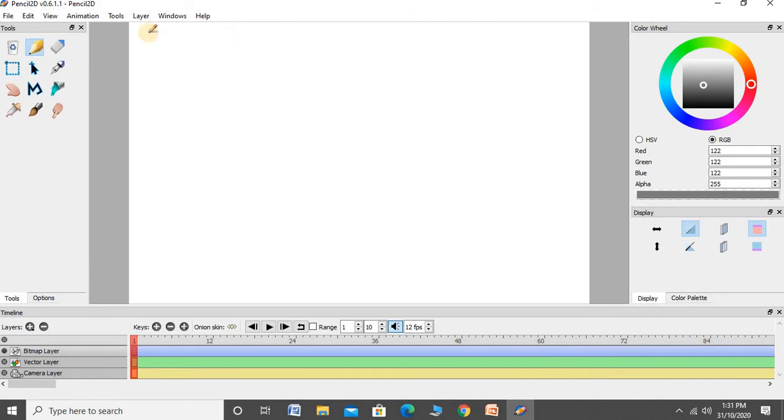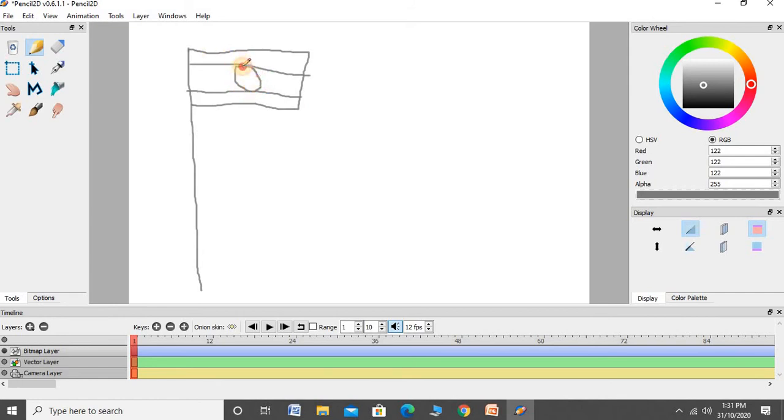Select the color. And try to draw the flag.